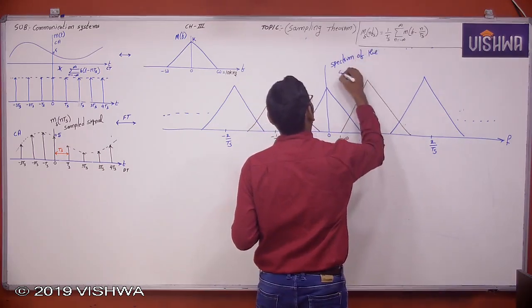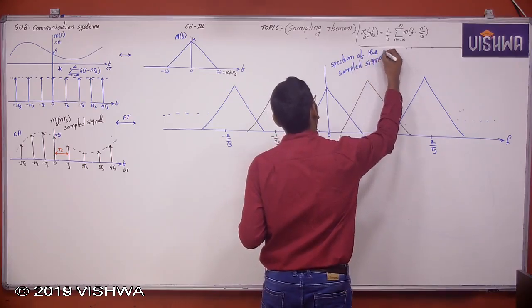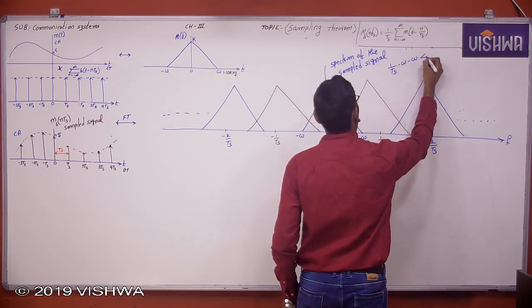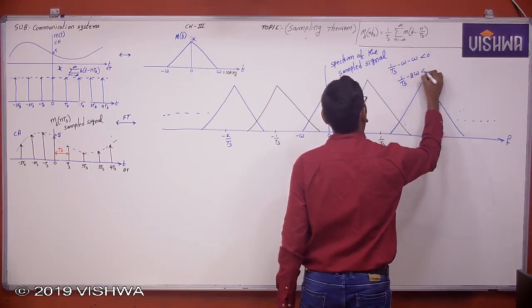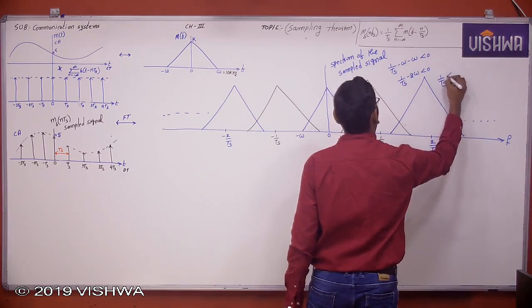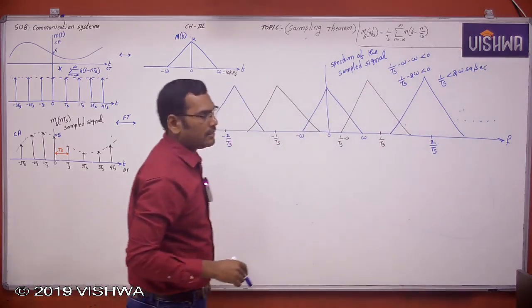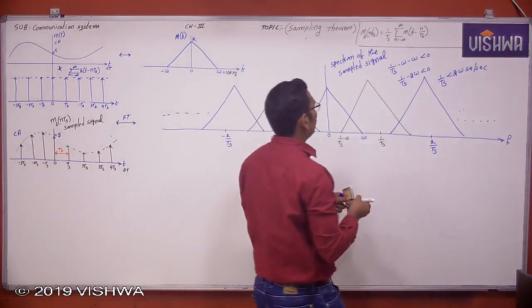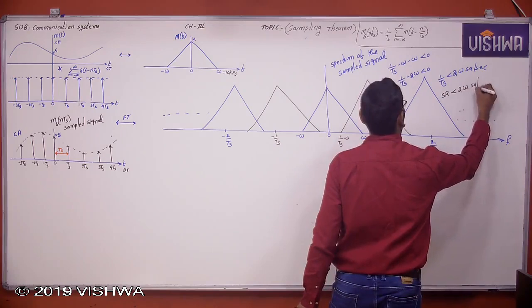This is the spectrum of the sampled signal. When the sampling rate 1 by T minus 2 omega is less than 0, that is, 1 by T is less than 2 omega samples per second, when the sampling rate is less than 2 omega samples per second,